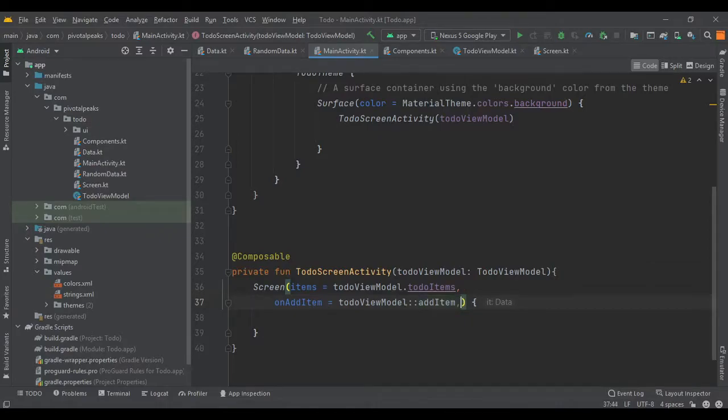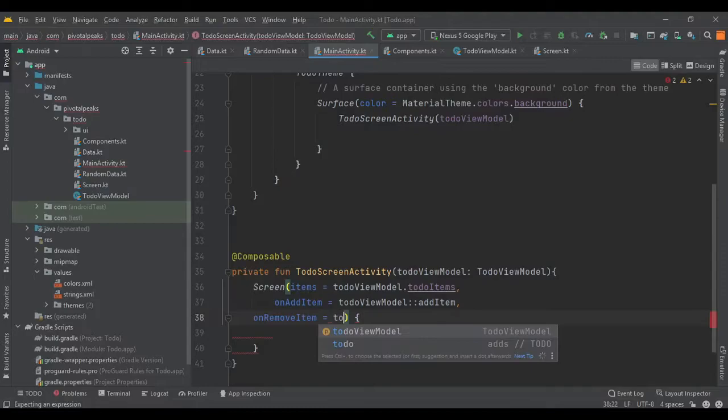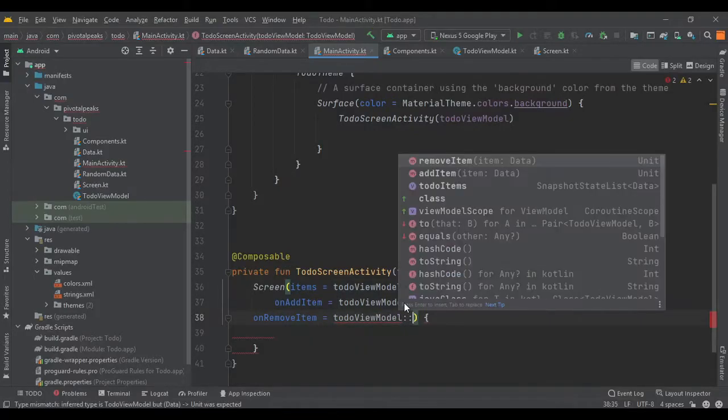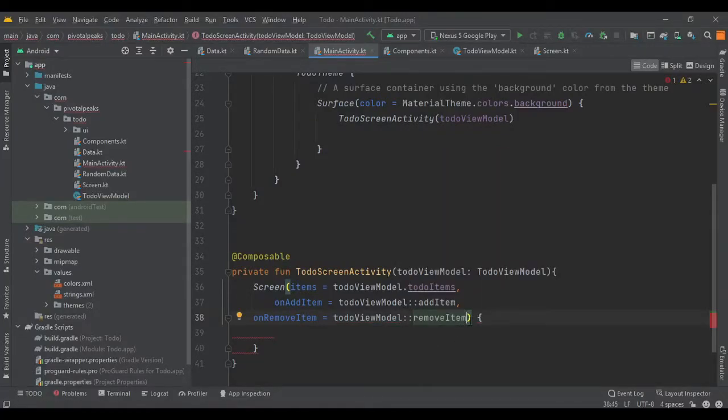And for removing an item, we are going to do the same. So onRemoveItem, todoViewModel, pass the two colons, and then removeItem, and we need to delete these curly braces, and our to-do screen activity is complete.